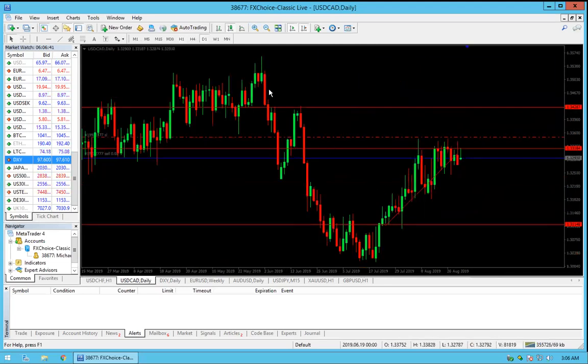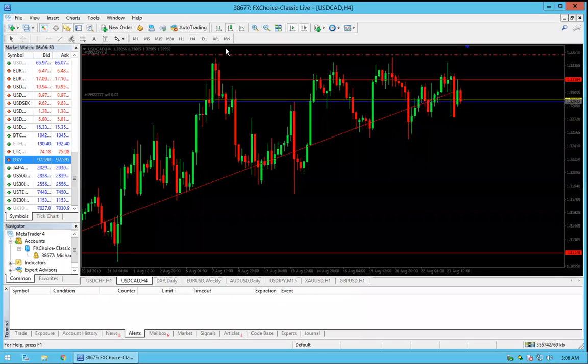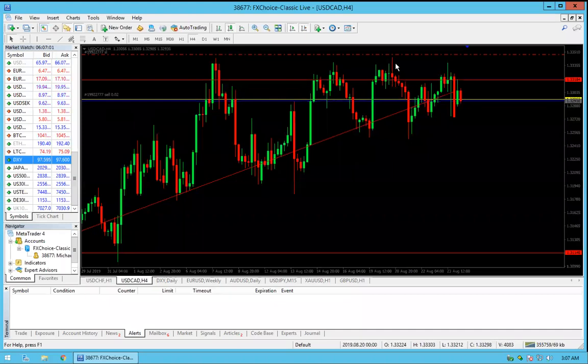Here on USDCAD, this has also been one that I've been watching. It's been at a strong level of resistance right up in this area. But also on the 4 hour currently, it has made this triple top here. You can see I drew a bullish trend line here, and you can see how the market has been reacting. The buyers have been in, but they've also been squeezing right at this line here, and every time they move,